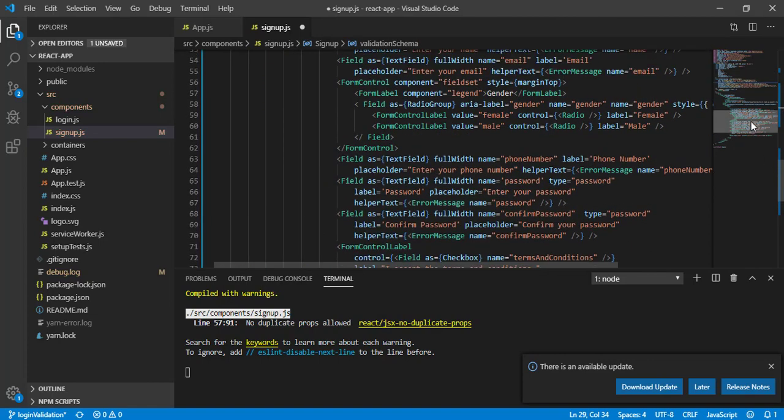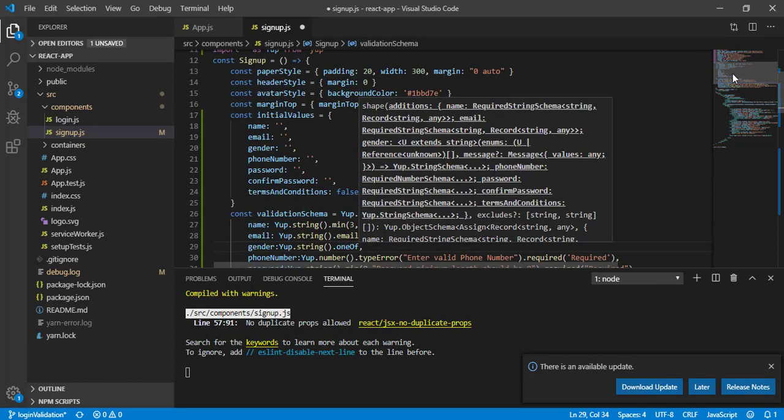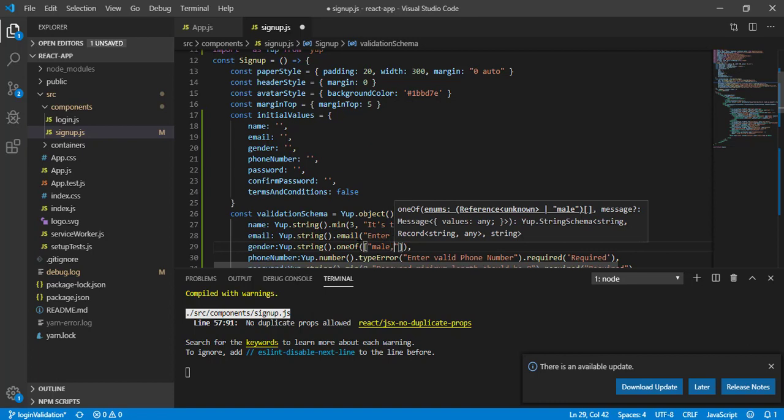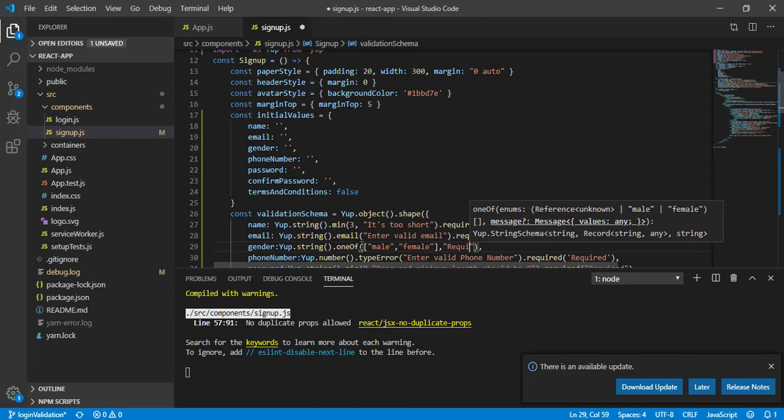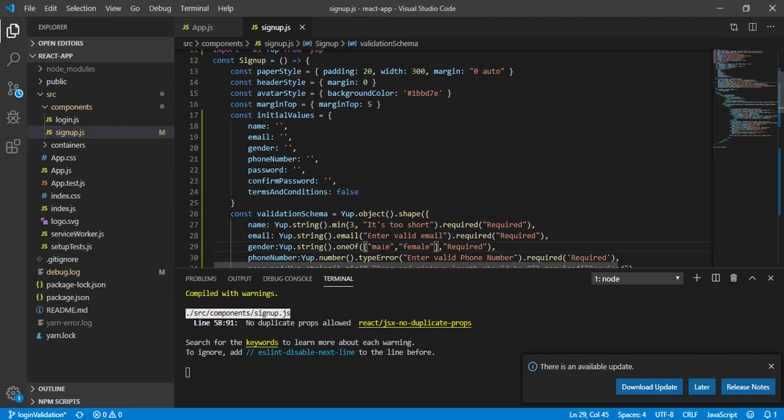Why? Because you can see I am getting two values, male and female. So I will match oneOf male or female. If the value is not matching, I will say required, because a user has to select one.